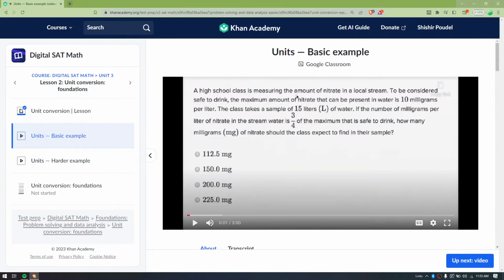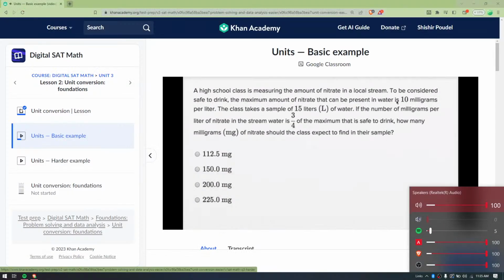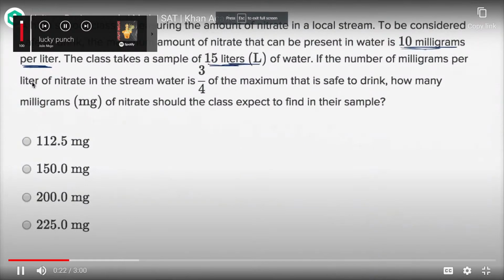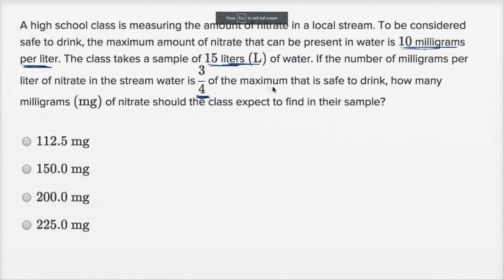A high school class is measuring the amount of nitrate in a local stream. To be considered safe to drink, the maximum amount of nitrate that can be present in water is 10 milligrams per liter. The class takes a sample of 15 liters of water. If the number of milligrams per liter of nitrate in the stream water is 3/4 of the maximum,